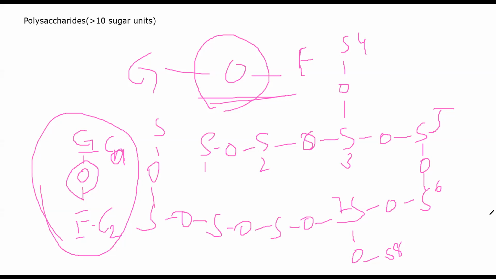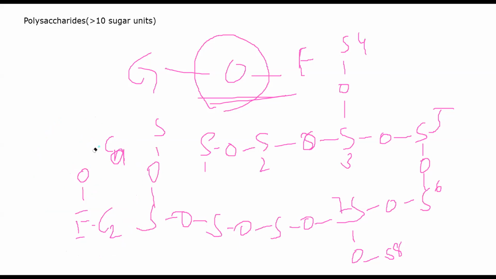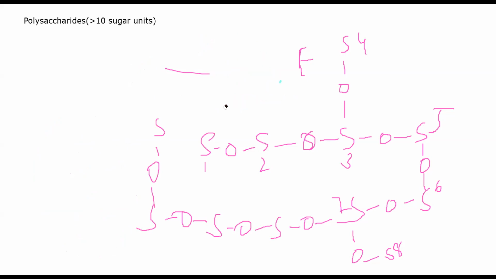See, this is a very simplified example wherein I'm showing you there are 10 sugar units. Hold on, let me erase the other structures. So if you can see this molecule, you have 10 sugar units here. 1, 2, 3, 4, 5, 6, 7, 8, 9, and 10, and 11. Sorry, so you have 11 molecules. This will represent a polysaccharide.